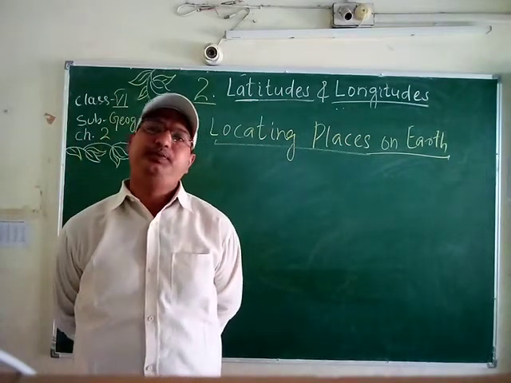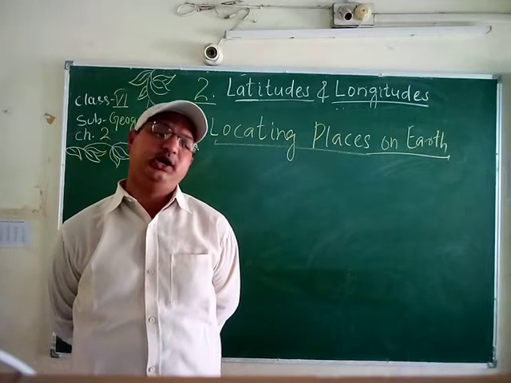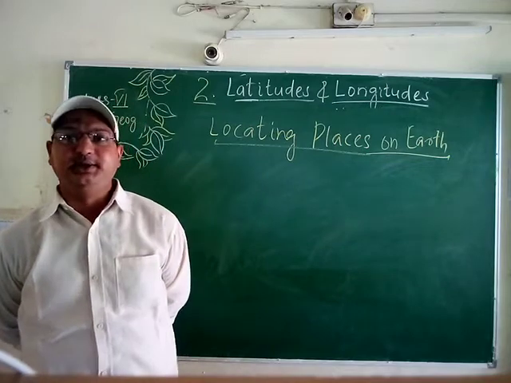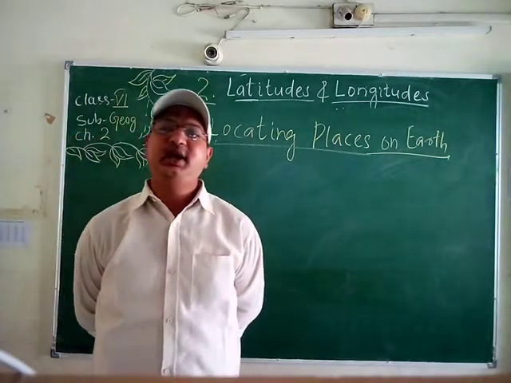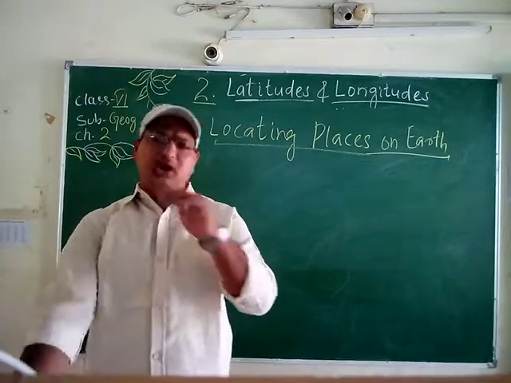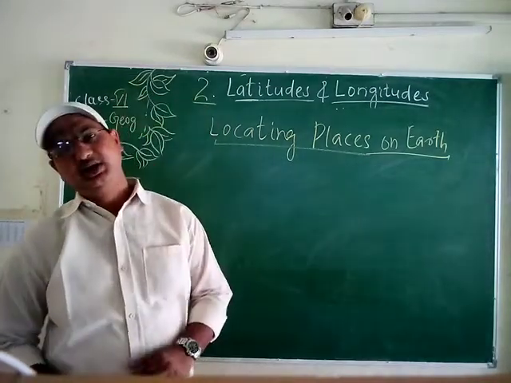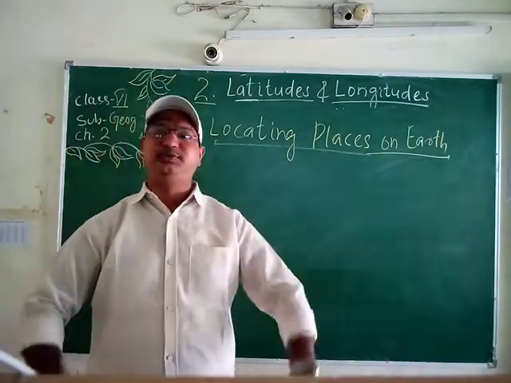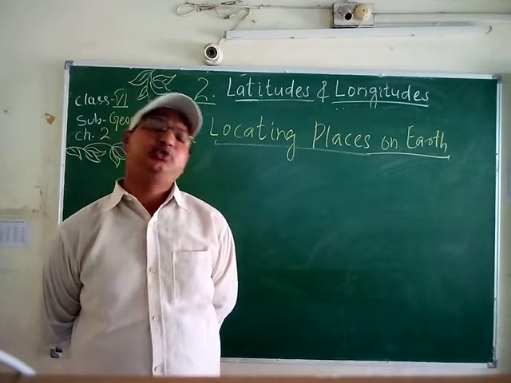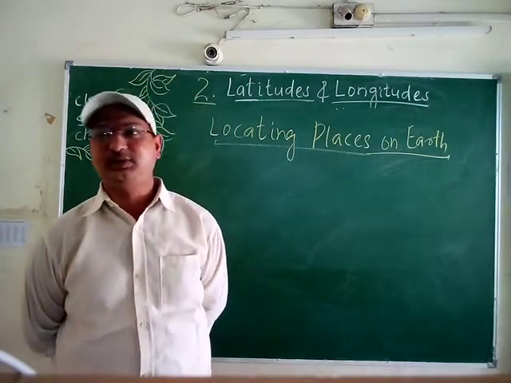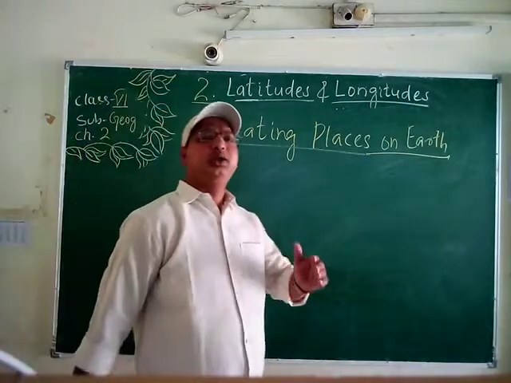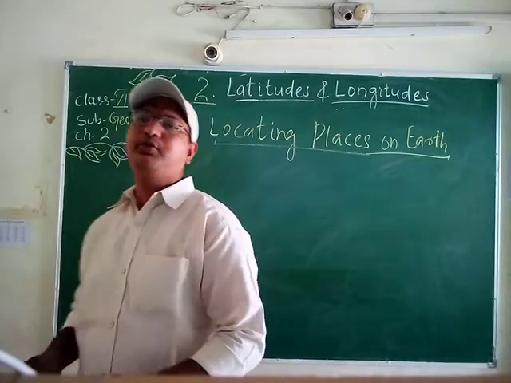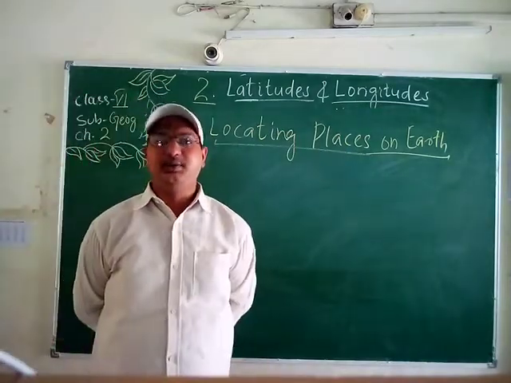The continents of Africa, Asia, Australia and Europe lie between the prime meridian and the 180-degree meridian on the eastern side. So they are in the eastern hemisphere. Students, we know that the Earth is divided into northern and southern hemispheres, but there is also an imaginary concept of eastern hemisphere and western hemisphere. The Americas are totally to the west, so they are in the western hemisphere.